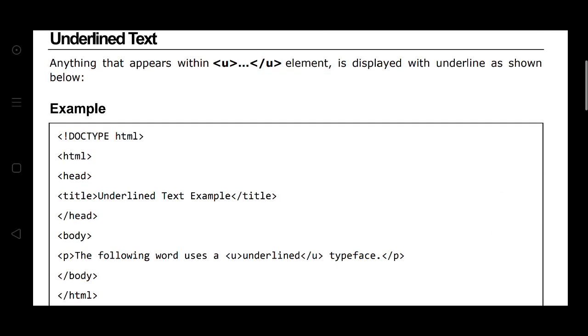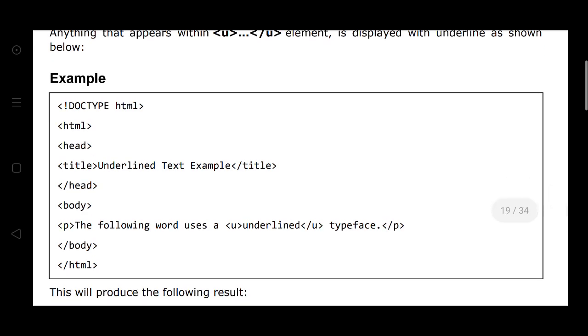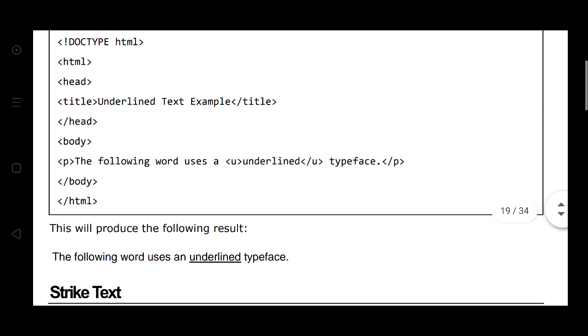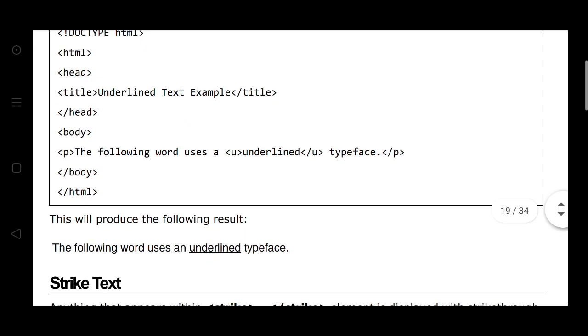Then HTML, head, title, underlined text example, title close, head close, body. The following word used is U underlined close, typeface P, body HTML. This is the procedure. The following result.